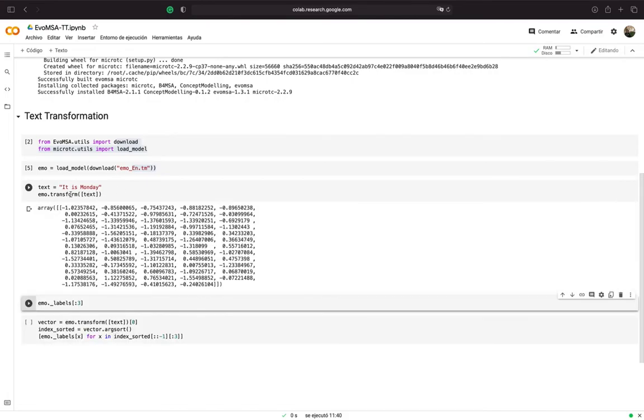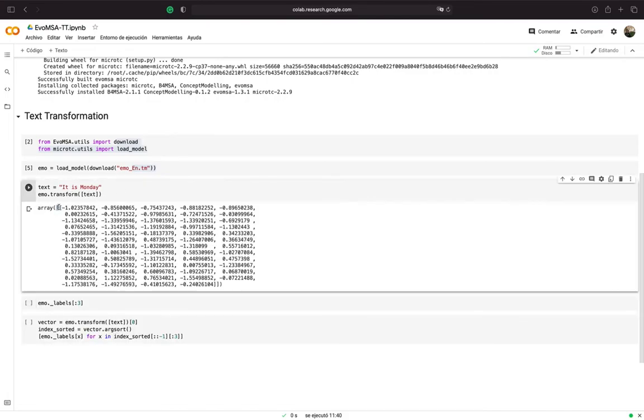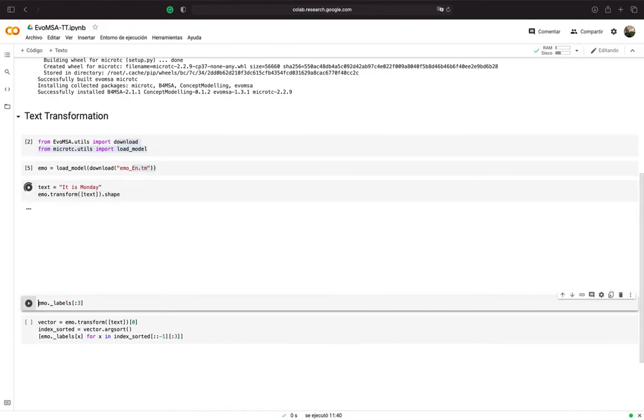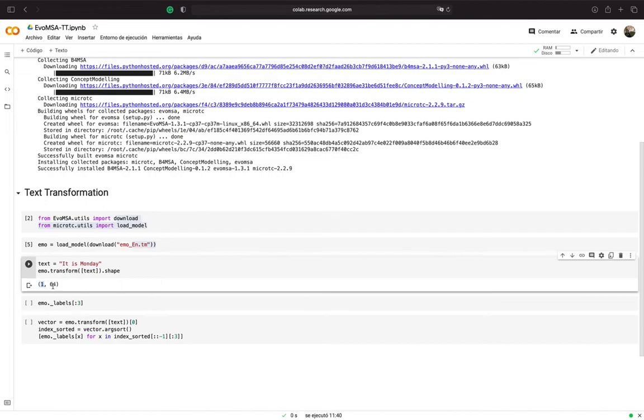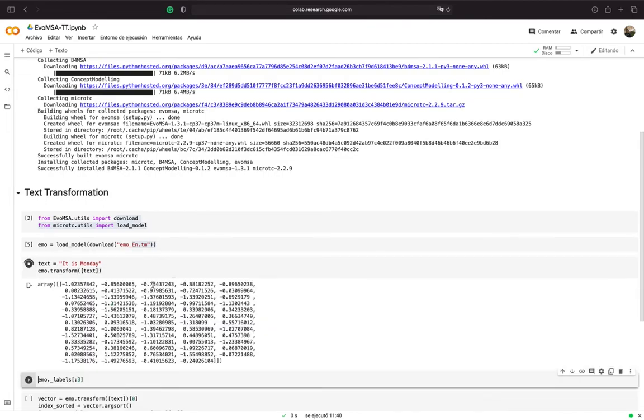As you can see, it's a matrix, because this has been implemented to receive a list of texts, not only one text. I'm going to put the shape of this. It contains one text in a 64 dimensional space, and each one of the values.